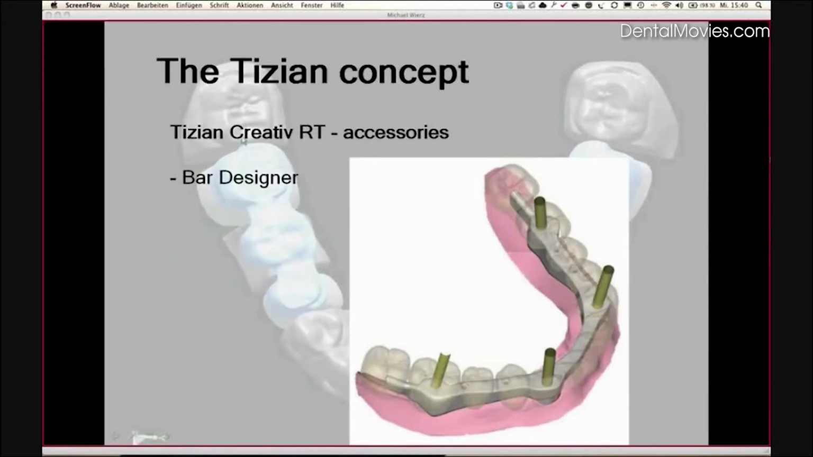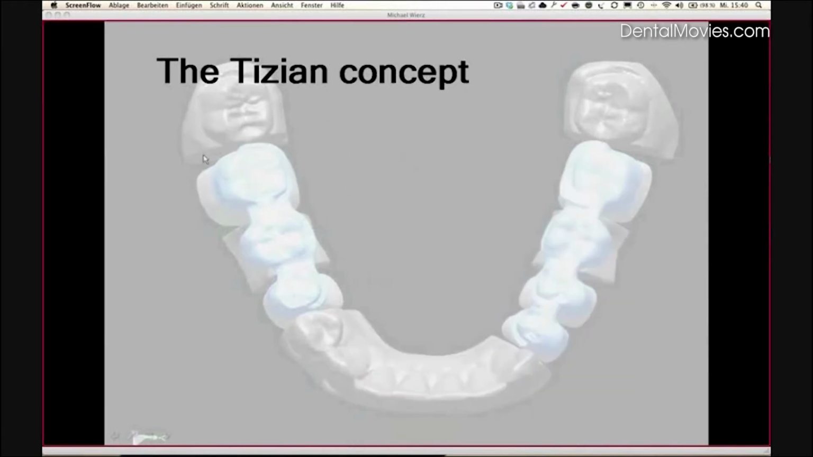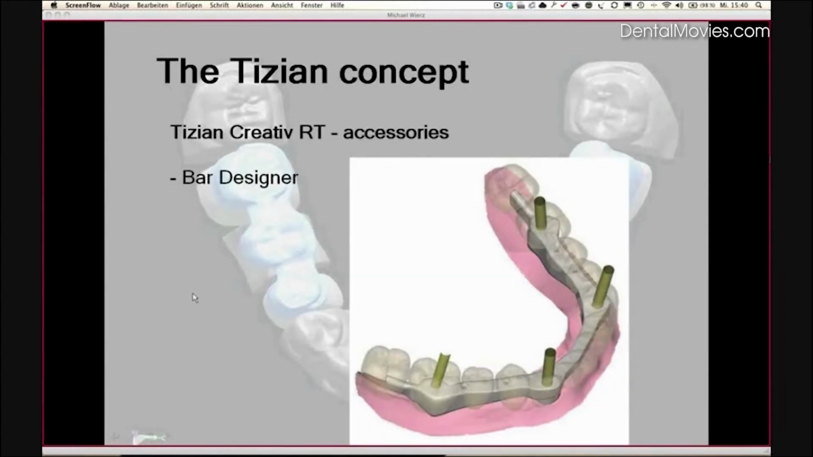Another new accessory is the bar designer module. This is the possibility, based on natural tools or on implant abutments, to process a bar construction to have removable prosthetics. It's a very low amount of implants. As you see here in the mandible, 4 implants are connected with a bar construction, and it is possible to make the complete